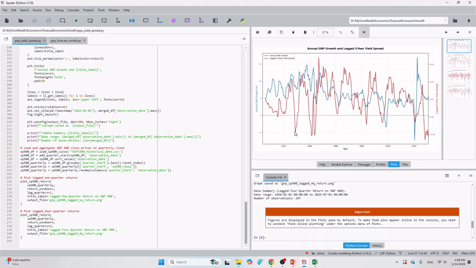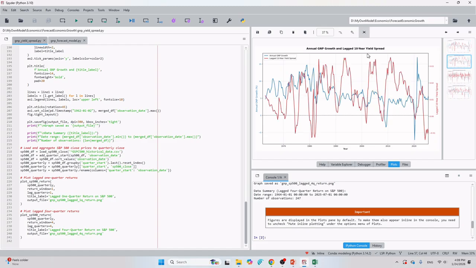You see here, it looks a little bit ahead of the blue line, which is the annual GNP growth, but it's hard to tell. If we check this 10-year yield spread against annual GNP growth, we can see a similar phenomenon.